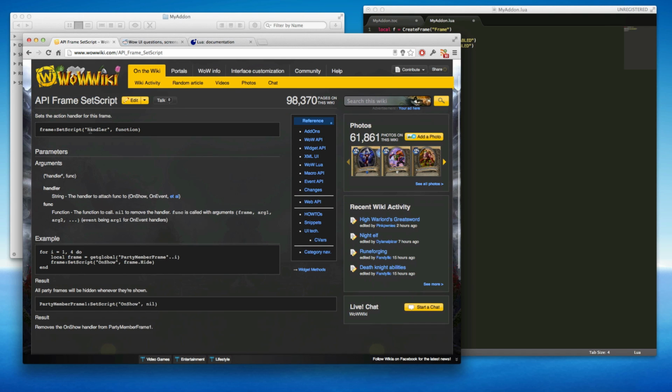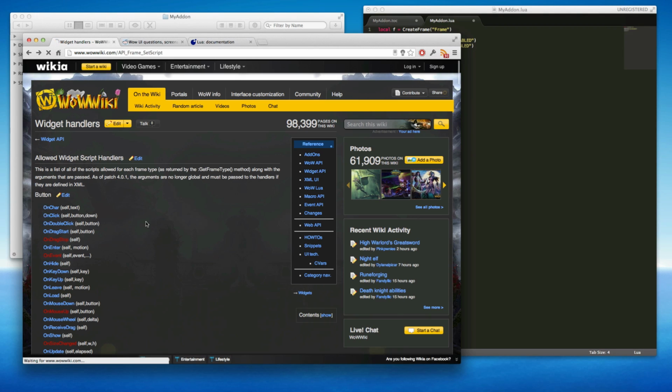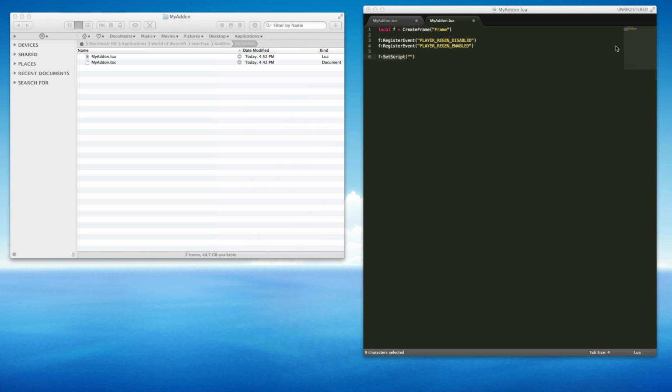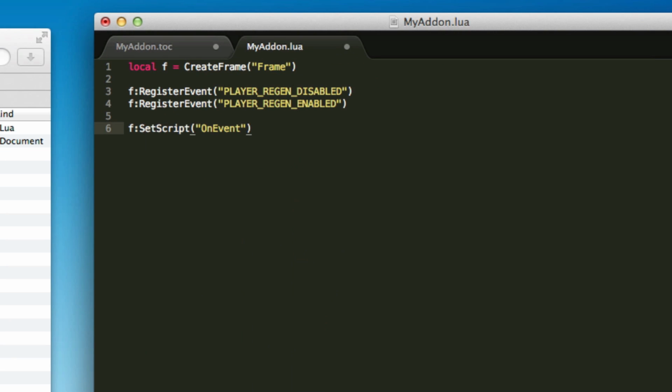And set script, it needs a handler and a function, and the handler is a string that the handler attached to the function on show, on event, on a lot of stuff. We want to have on event because this script needs to run on an event, and the function it needs to call can be nil to remove the handler, or the function with an argument, for example frame stuff. What we're going to do is that we want the script to run on event, and then we need a function to run,